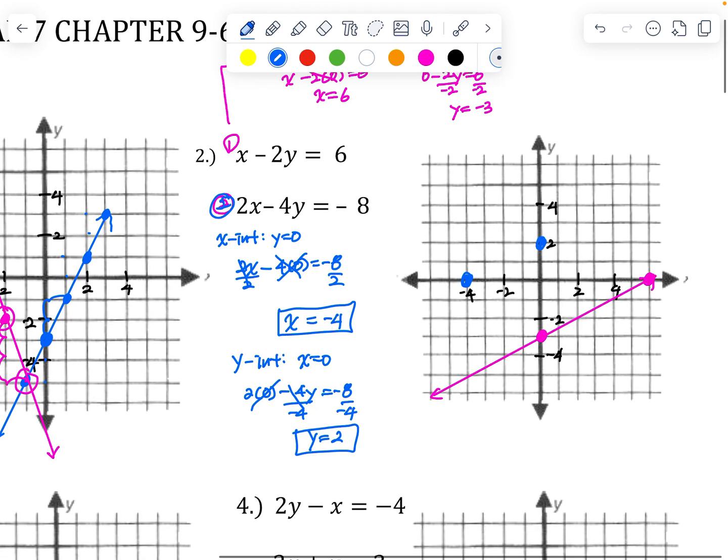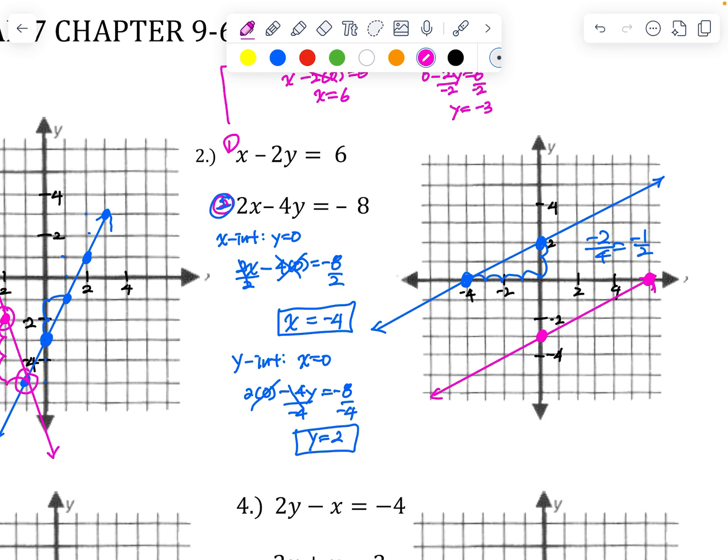Ooh. Did I do something wrong? Let's see. Or are they parallel lines? I think they might be parallel lines. Let me count the slope for this one. Slope is down 2, over 4. That's negative 2 over 4, so that slope comes out to negative 1 over 2. The pink one,